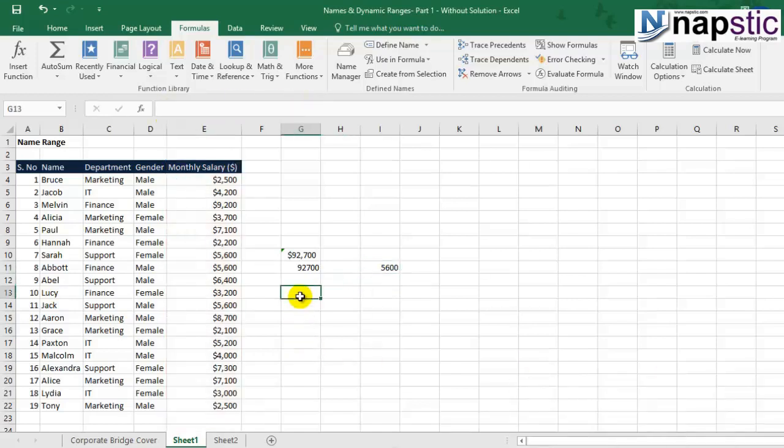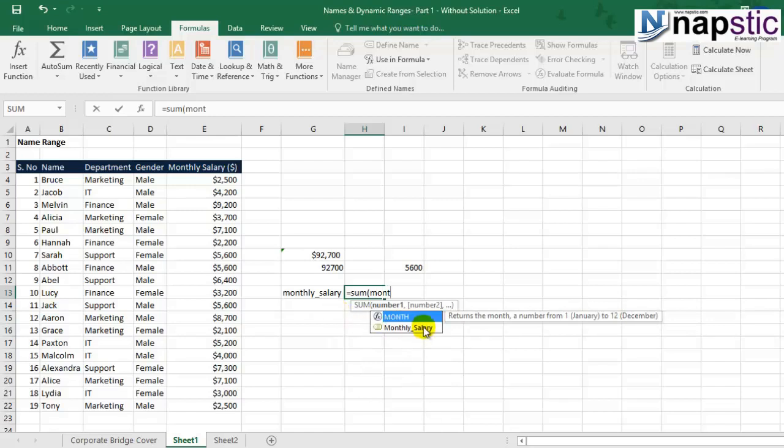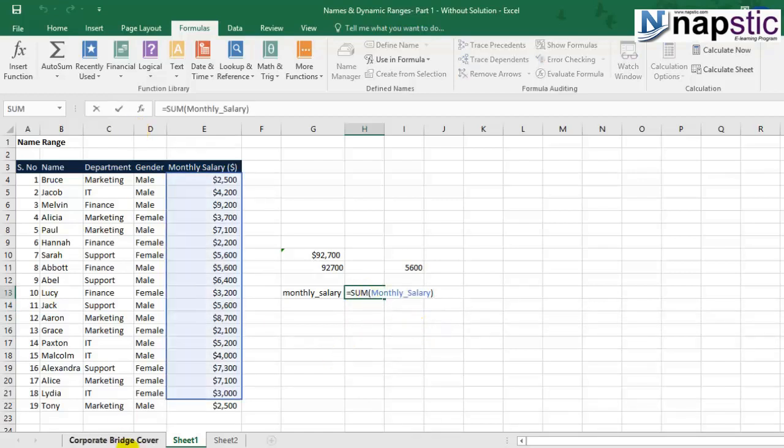Now we're going to compare the two named ranges that we created, monthly salary and dynamic salary. If we use the monthly_salary range, equal to SUM of monthly salary, it is considering only up till Lydia.